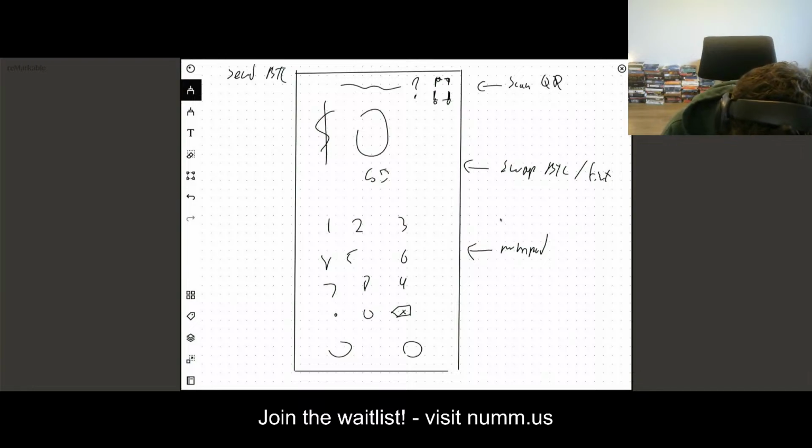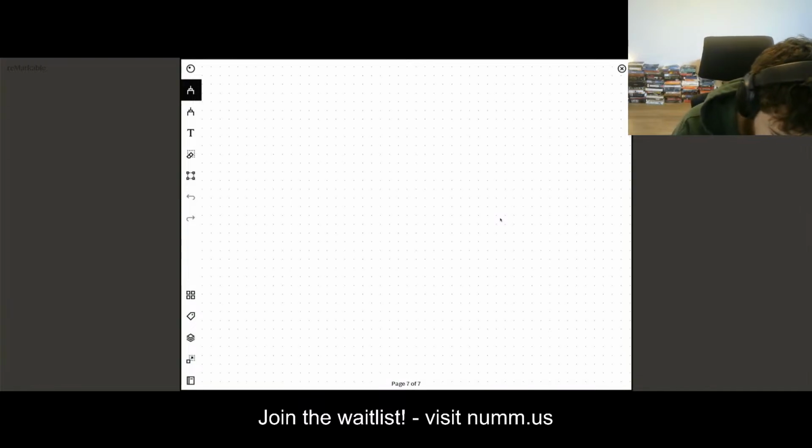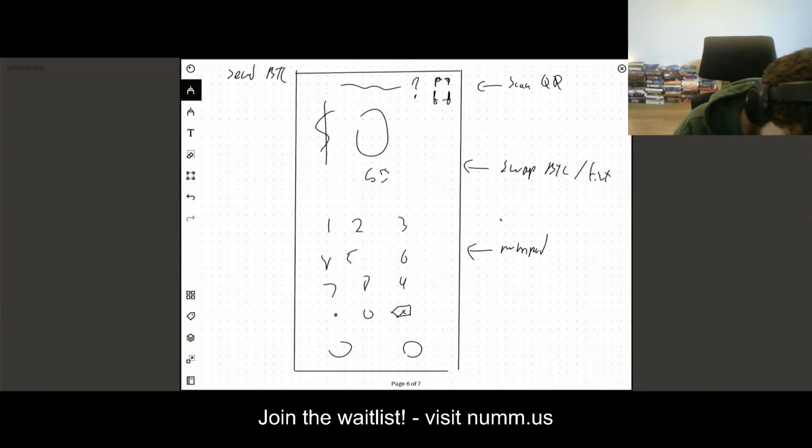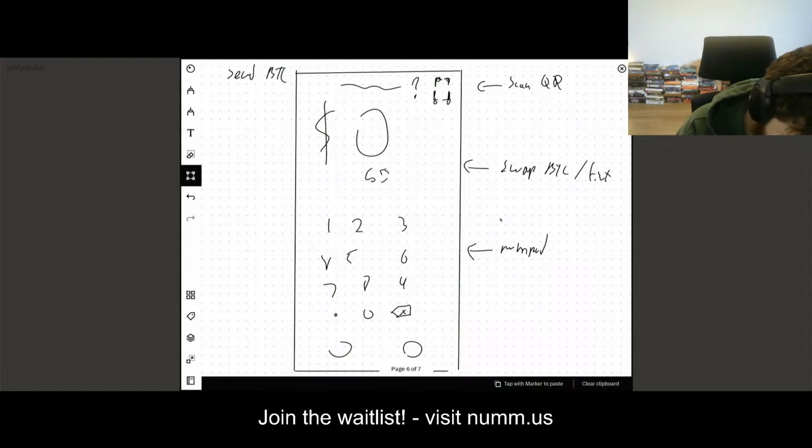Okay. Numpad. I mean, that's pretty much it, right? And this is scan code to send, and then to receive would be a different page. In fact, I can just copy this whole page. Send or